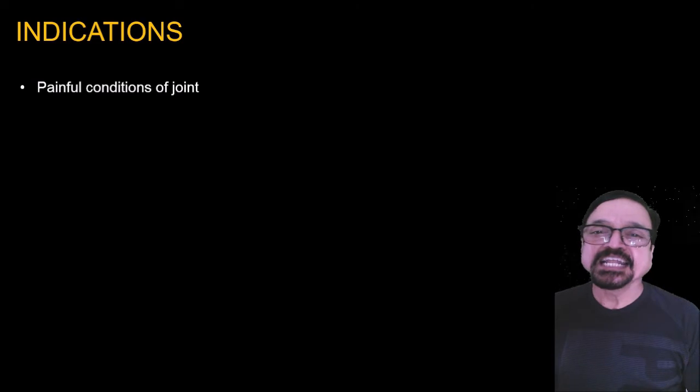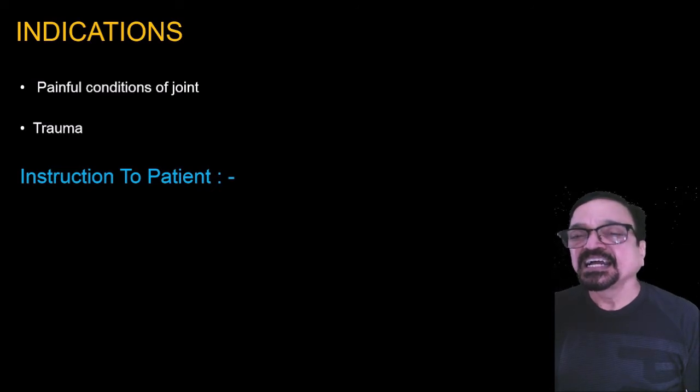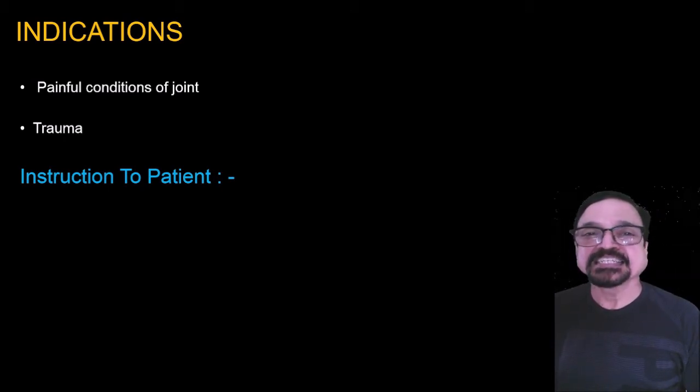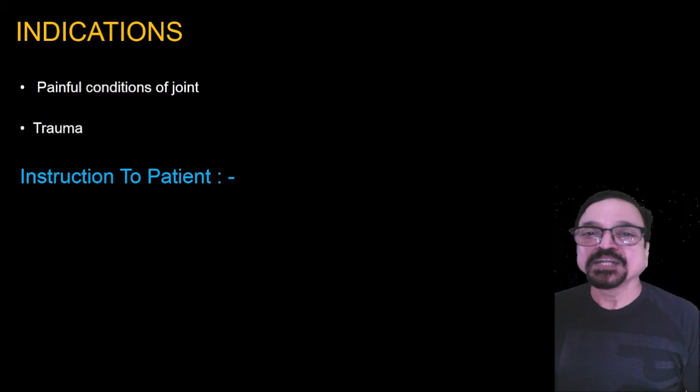So what are the indications? Painful conditions of the joint or jaw, that is trauma. Second is any infective process; arthritis, especially rheumatoid, can affect it. Then any painful condition of the TM joint, whether traumatic, inflammatory or otherwise, these X-rays are indicated. And the dynamism, that is open and closed mouth views, is essential, which we are going to see in OPG radiographs, as it gives us an idea about the functioning of the joint.